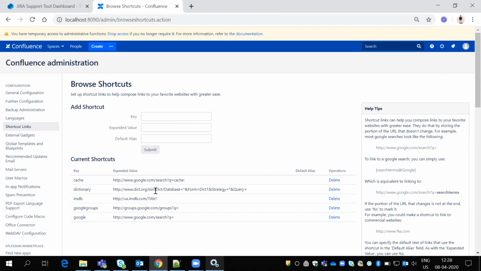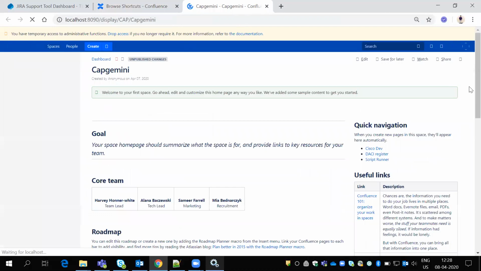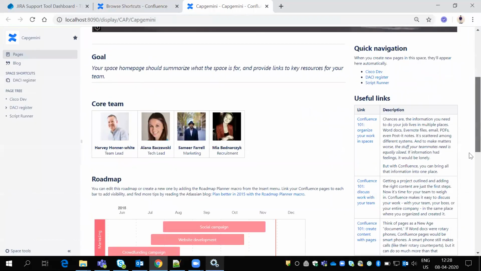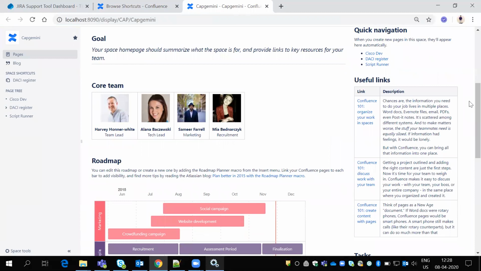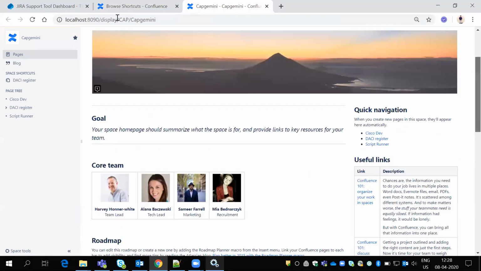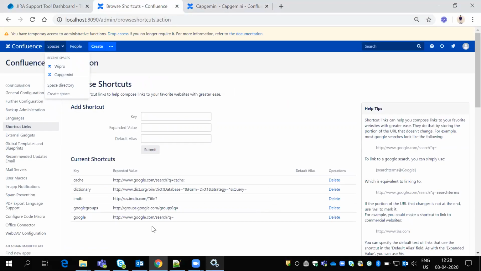If you add any shortcut links here, when you create any space, the help links will appear by default in that space. The same links we add from here will come to that space automatically.